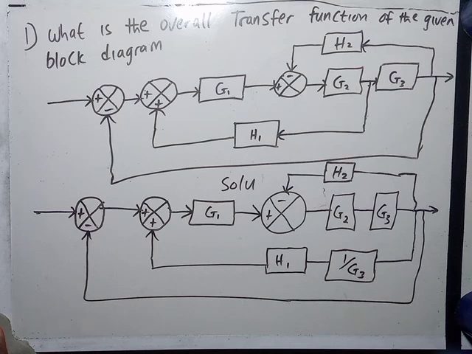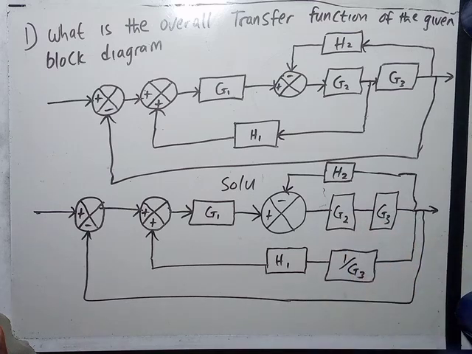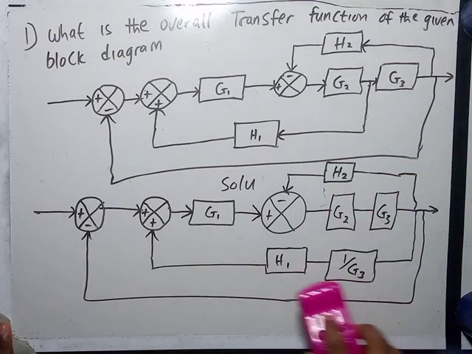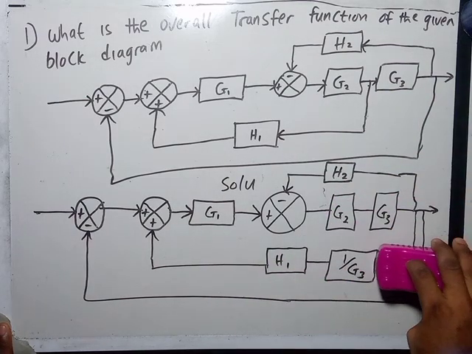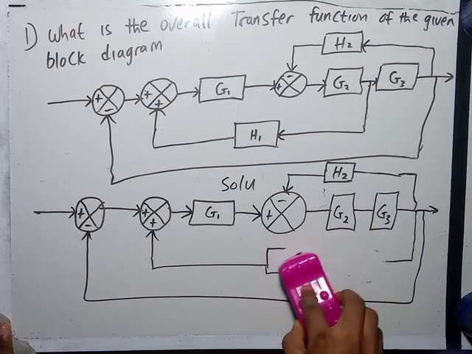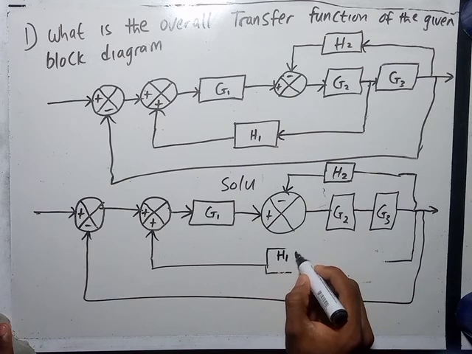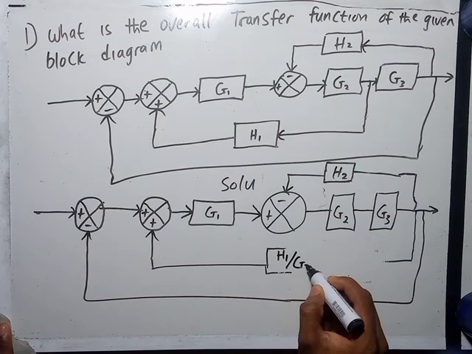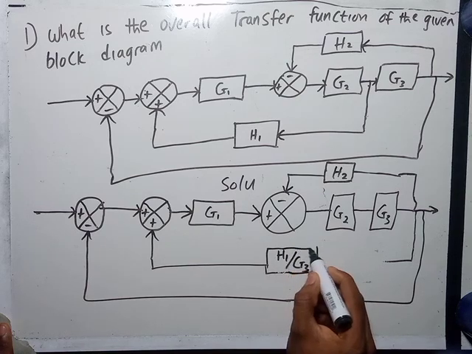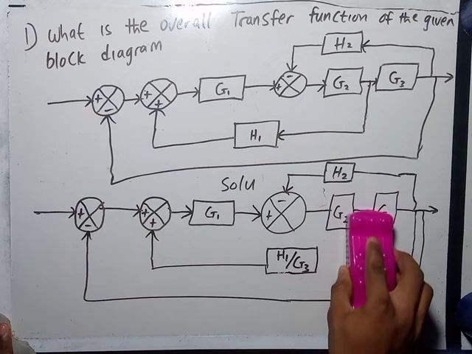So these are in parallel, these are in series, these are also in series. So we can rejoin them, and when we do that, this will multiply this. When we do that, we have H1 over G3. This will multiply this, and we will have